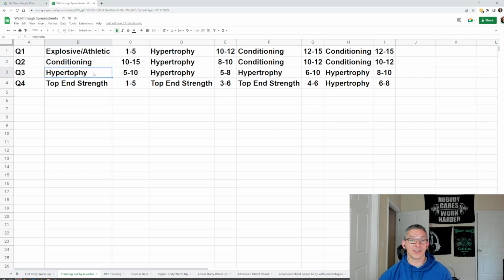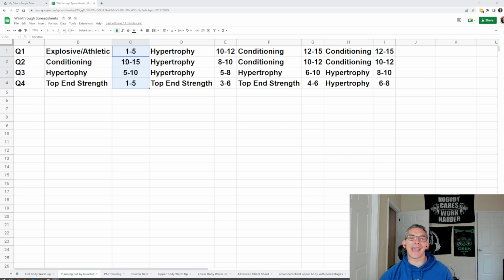And then from there, I'm going to start building my muscle size, getting my muscles larger, which is going to lead perfectly into top end strength, where now my larger muscles are going to learn how to become a lot stronger. And this cycle will just repeat itself over and over again. This is something I'm also going to dive into when we start talking about periodization. So if you don't completely understand this process, don't worry, we're going to go over it a few more times.